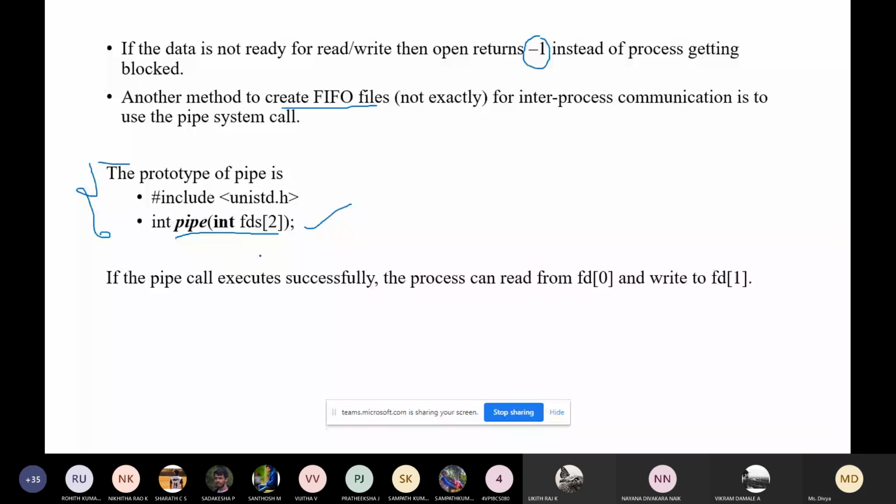One process can read from a descriptor, like a pointer which will be given to this process for reading. One more process can write and it will have the descriptor, this one, FT1. So here we are creating two processes.